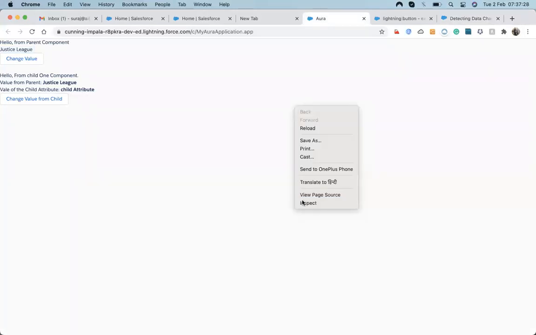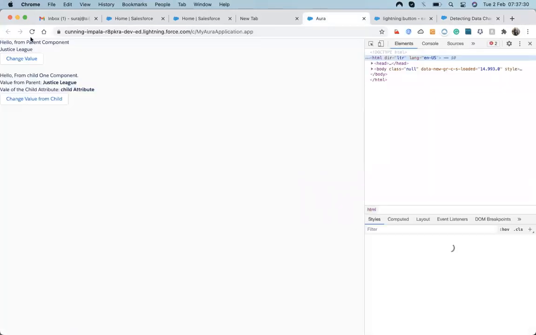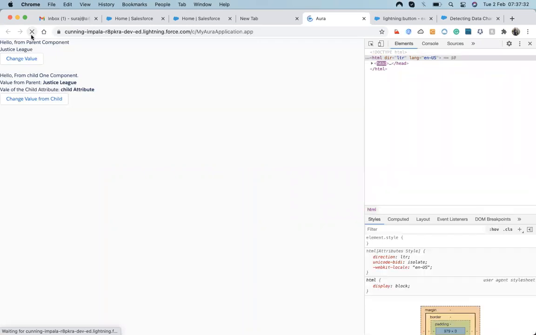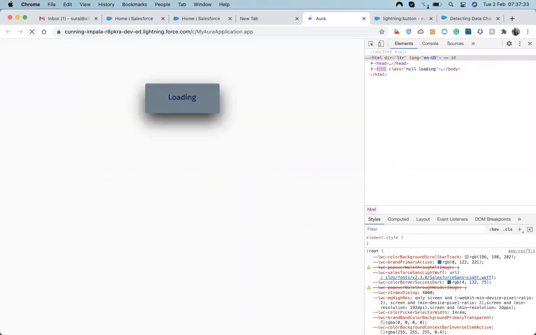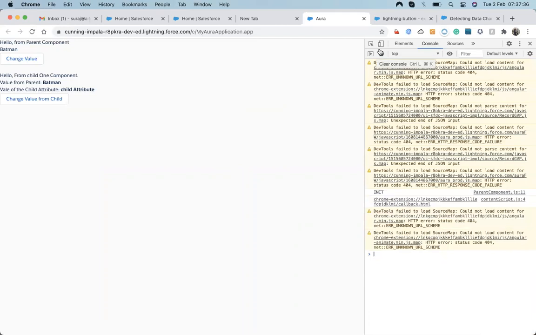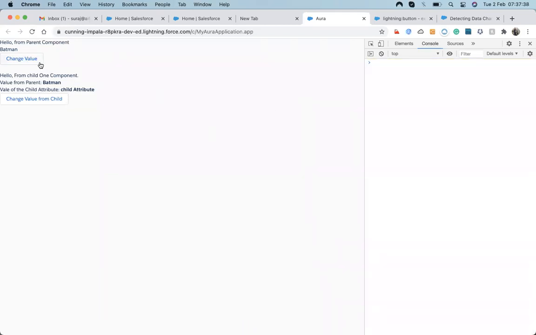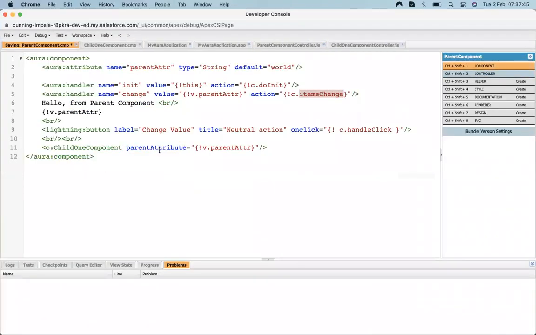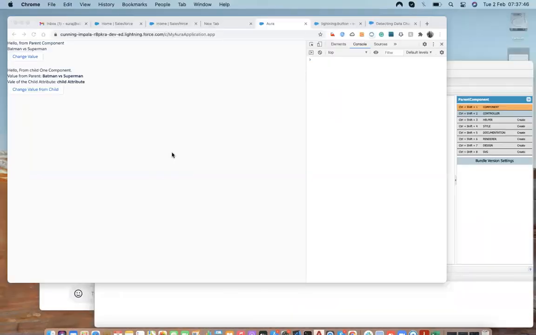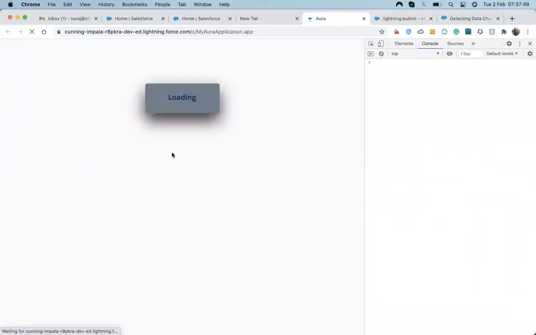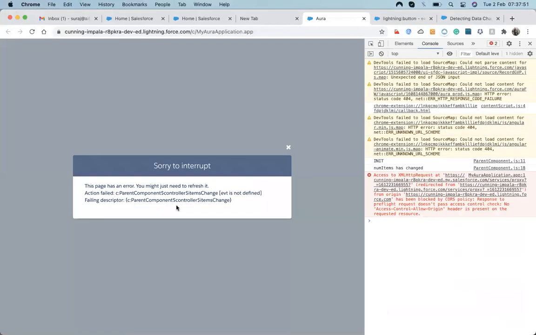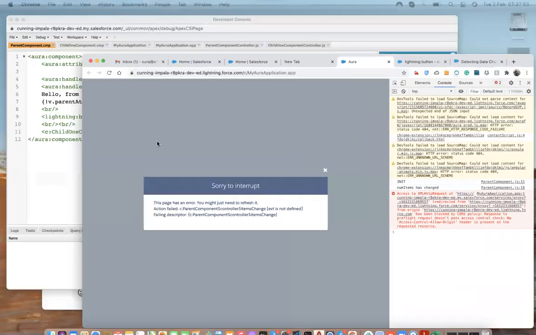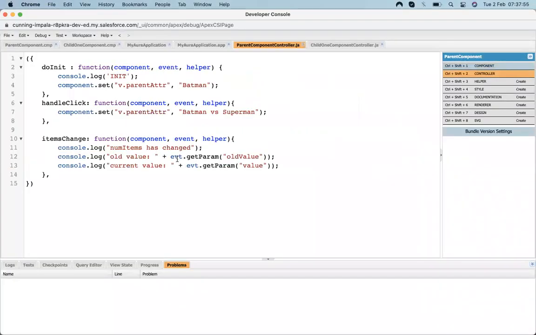First, show the inspect. Okay, it's loaded. Suppose I change the value. It's not saved. Let's save it. Okay, so event.